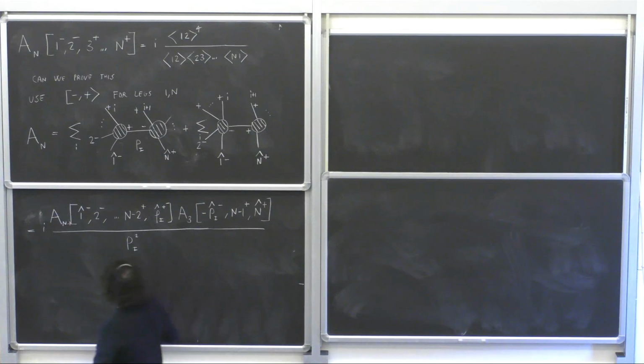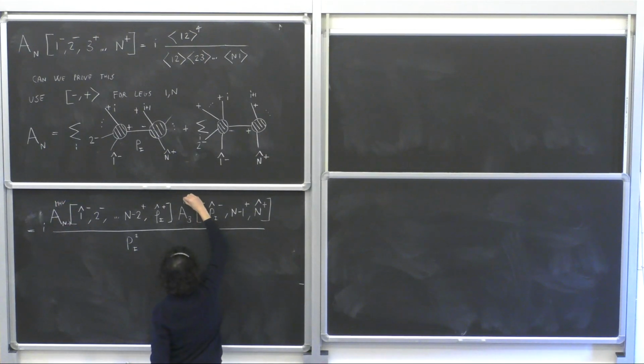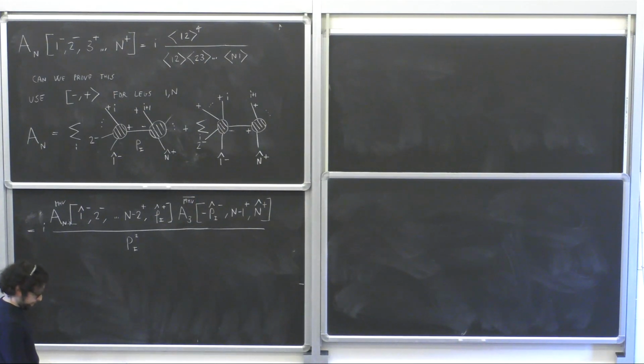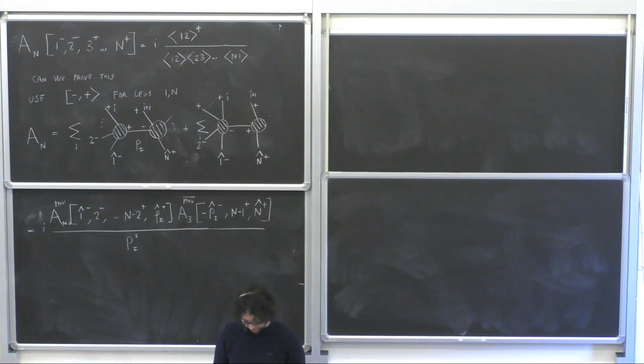So one can say that this is an MHV amplitude, and one can say that this is an MHV bar, or anti-MHV amplitude. And for this, we have expressions which we will use after the break to finally prove or argue for the endpoint result. So any questions before we take 15 minutes?